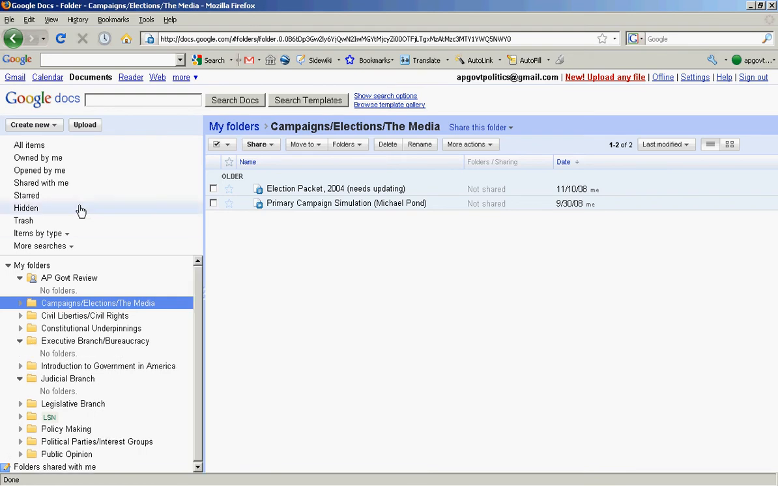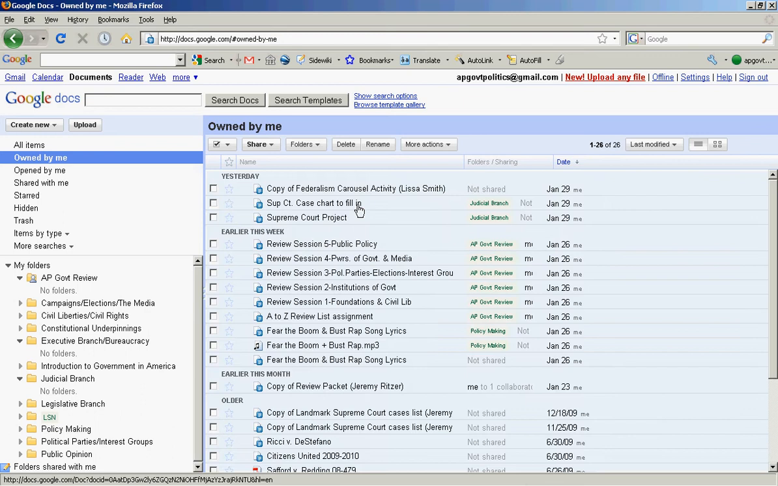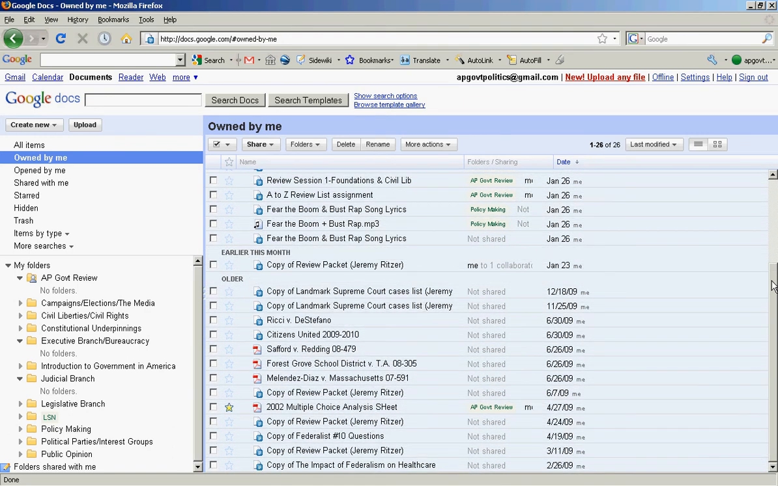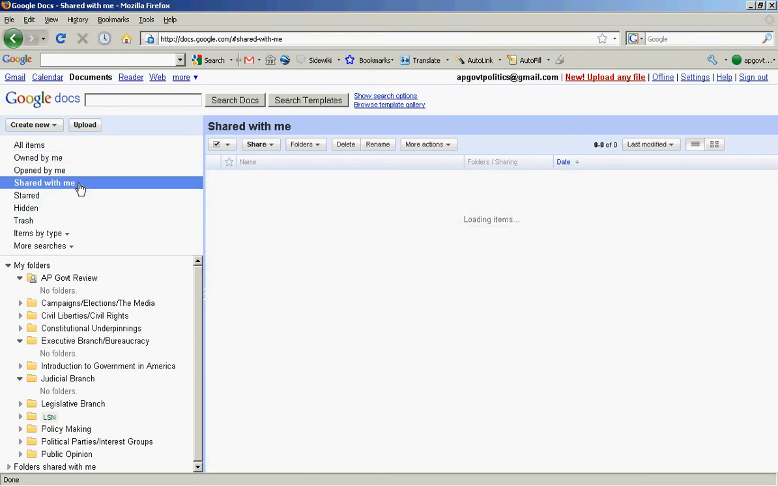When you're using it at home, you can see owned by me would be all the things in there that the original person put in, and that of course you can put in. And shared with me would be things people would be sharing with this template. And you can click on any of these documents, let's say copy of federalism carousel activity,